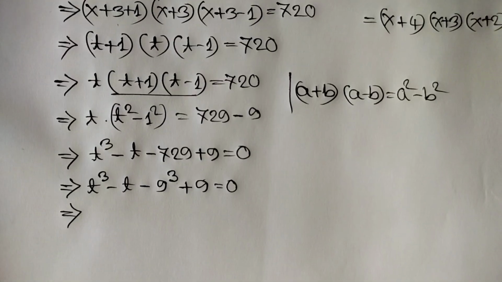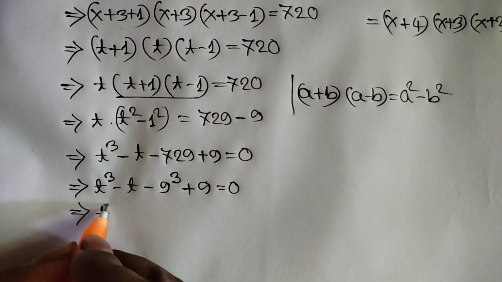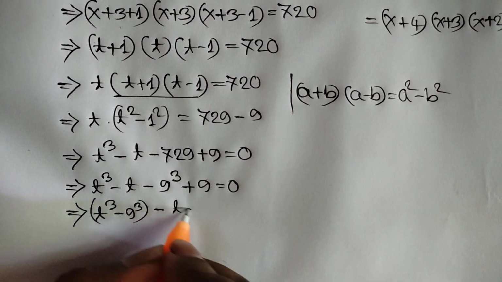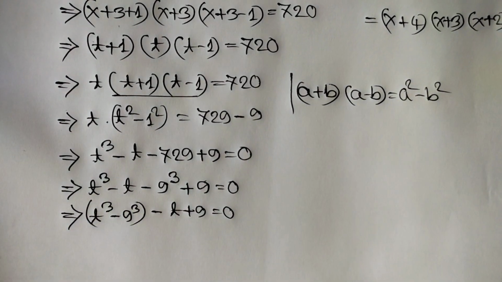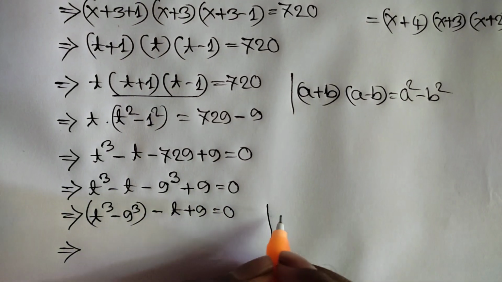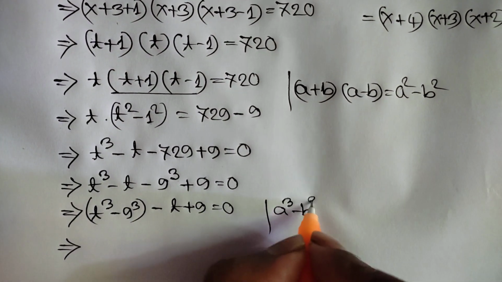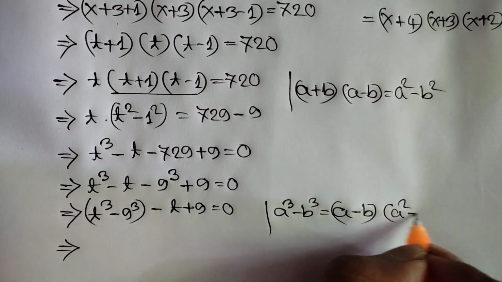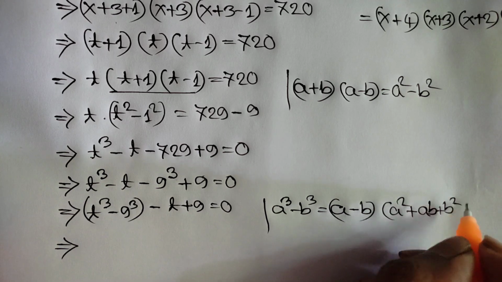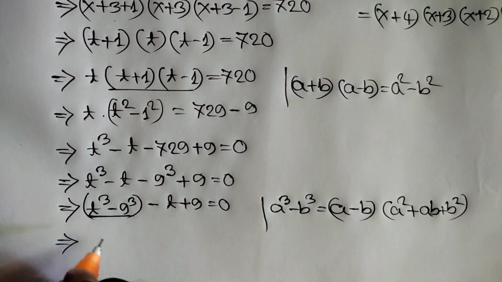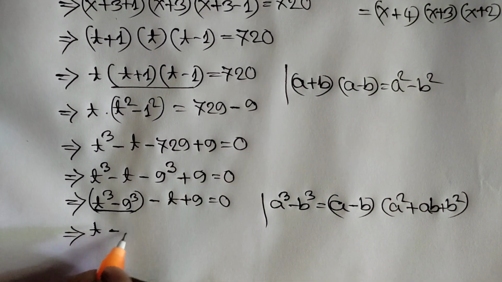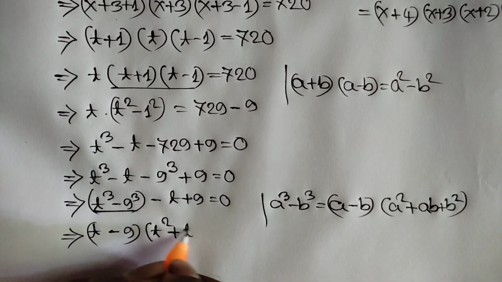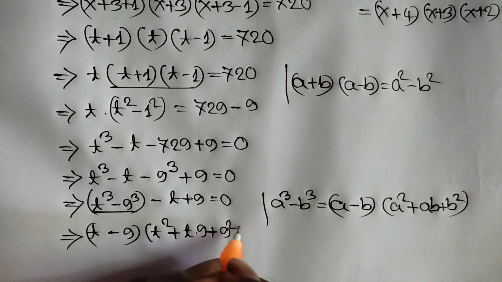Rearranging the left side we can write t cubed minus 9 cubed minus t plus 9 is equal to 0. We know a cubed minus b cubed is equal to (a-b)(a squared plus ab plus b squared). Apply this rule here. We can write (t-9)(t squared plus t times 9 plus 9 squared),